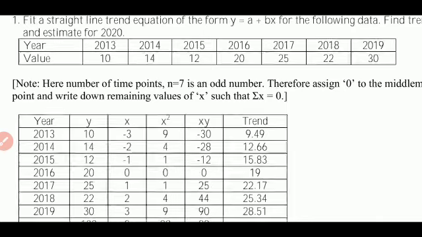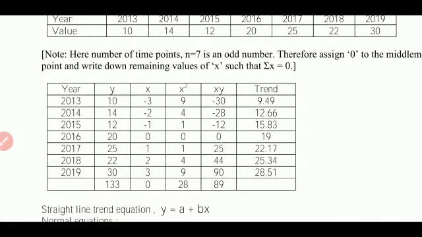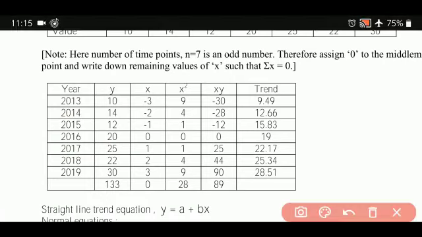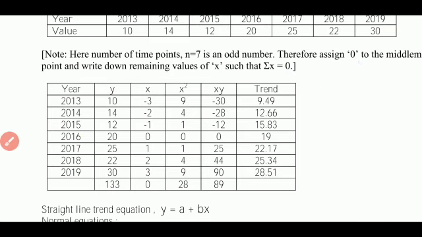In fact, what I was trying to tell you all is, if the number of observations or the number of years is odd, always start from the middle year. This is the middle year. You are going to start with 0 and -1, -2, -3 upward, and then below 1, 2, 3. This is how it should go, for the simple reason that we want this summation x to be 0. Once we make summation x equal to 0, the calculation becomes easier and directly we can find the value of a and the constant b. This is the main intention. One more example we will solve where the number of observations is even, and what you have to do there, I will explain that also.